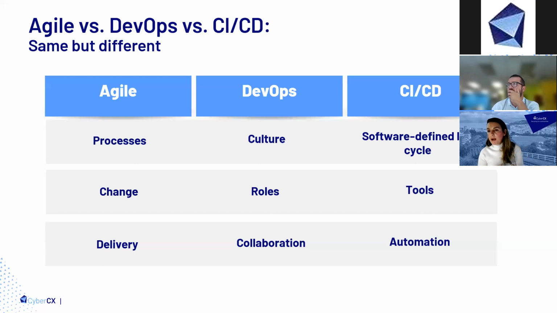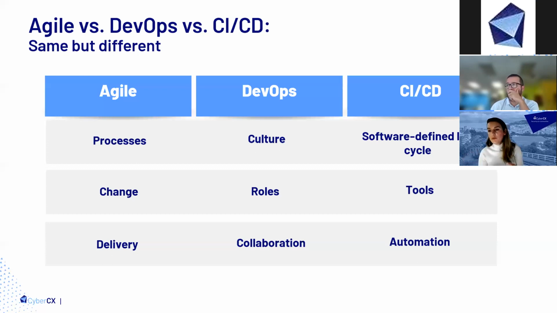Then we have CI/CD pipelines, which stand for continuous integration and continuous delivery. And we normally see CI/CD pipelines in the context of DevOps. You don't need to have CI/CD pipelines as part of a DevOps team, but it is very unlikely that that's going to happen, because CI/CD pipelines can provide those DevOps teams with an agility and efficiency that is so important that they normally end up having some level of automation in some pipelines.